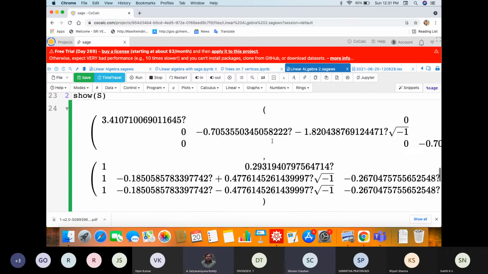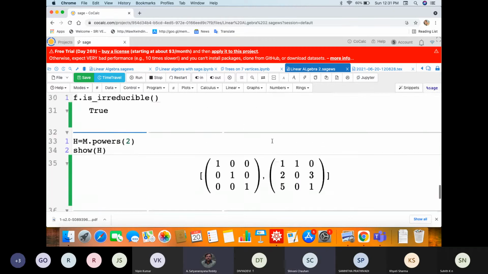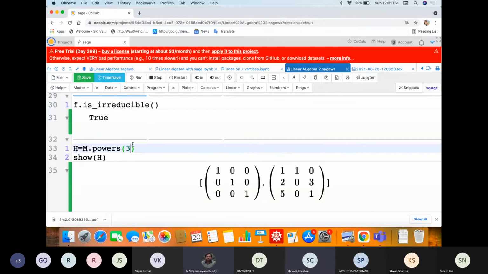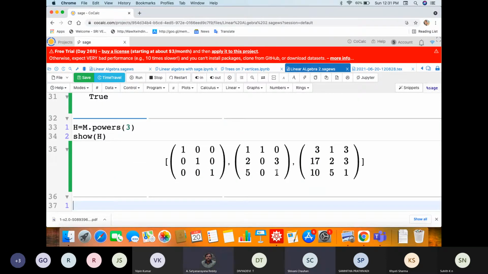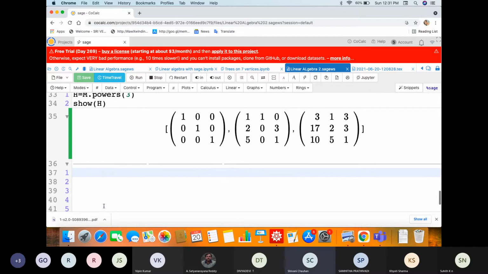That's okay, you can give 3 now. Yeah, this is m to the power 1 and this is m to the power 2. So this is one advantage over here. I have seen that in this software only, it gives us all the powers up to less than or equal to n, whatever we give here. So in case we want to observe some pattern between the entries, this is a nice platform.